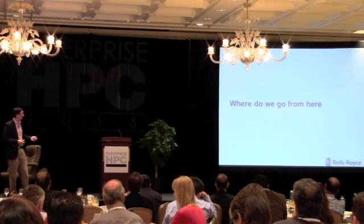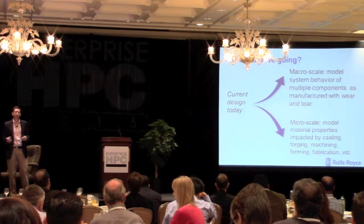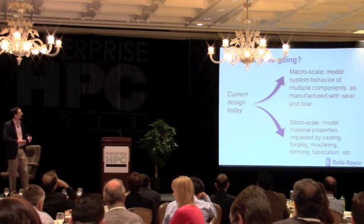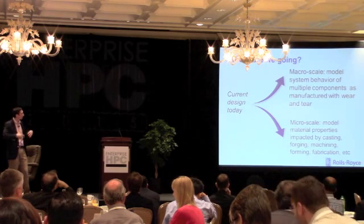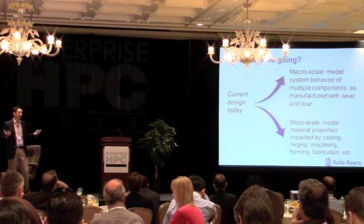Where are we going to go from here? I really see high-performance computing and advanced modeling and simulation going in 2 different directions at the same time. On the one hand, we're going to go more of a macro-scale modeling system behavior, multiple components, and then in addition to system analysis, that will also begin to incorporate